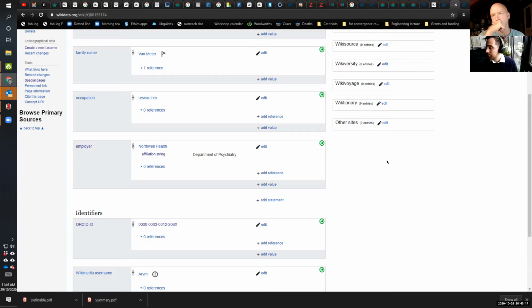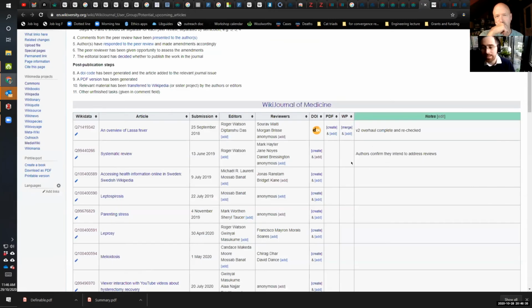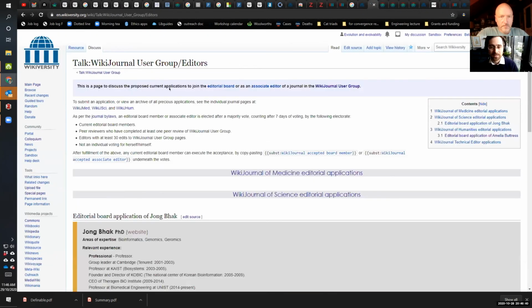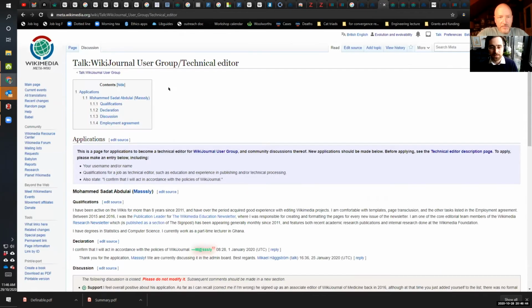And yeah, I'm happy to run basically like a little mini training session and even editathon where it's like, okay, I'll train you up. Let's all do a couple of them so you can see what we mean. And then people can apply, because that'll basically be one of the tasks on the list of technical editor tasks.